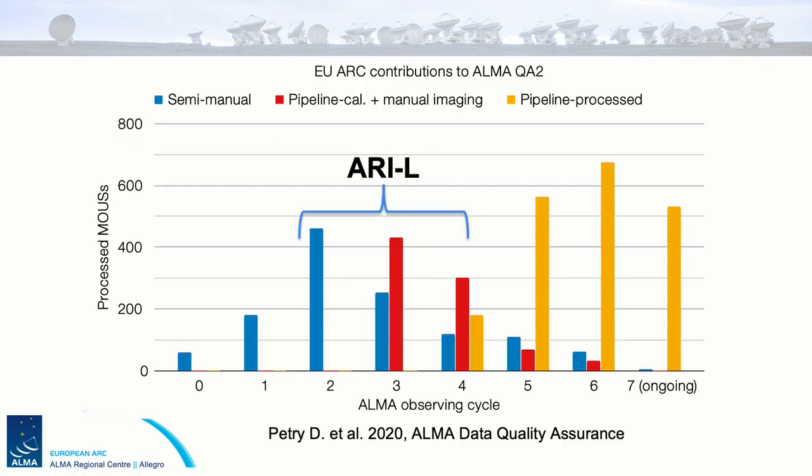Before I move on to imaging, I'd like to highlight how the PI-delivered projects were calibrated and imaged in each cycle. This plot compares the number of pipeline-only calibrated and imaged datasets relative to the number of projects that were either semi-manually calibrated or pipeline-calibrated but manually imaged. The number of pipeline-processed images in delivered products significantly exceeds manually produced images starting in Cycle 5, and this continues